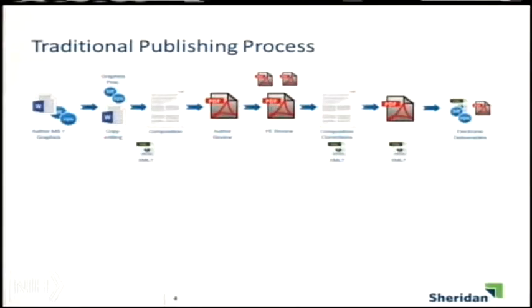So first, let's discuss the traditional publishing process. This is probably familiar to most of you here in this room. You get your manuscripts and graphics in, and they go off to be processed in their own way. Graphics usually are processed, converted, sized, and so forth, and manuscripts go into copy editing. Then they're married back up at the composition stage, where pages are composed, and from there, the author proof stage starts. The author typically gets a PDF, reviews that. The production editor gets that PDF and may actually have several PDFs to edit and collate into one master proof, which then goes into